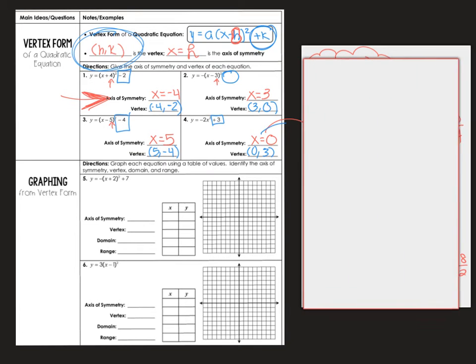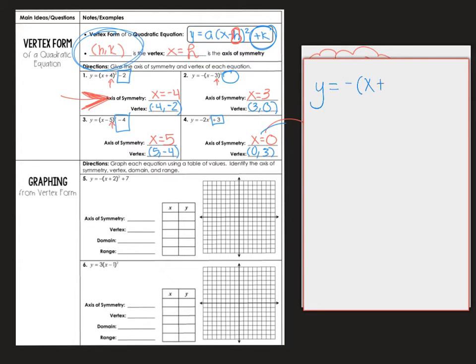All right, let's look down at the bottom. So for number 5, again, keeping in mind that you have some options, the very first thing would be to recognize what values would be your h and your k. So if we're doing this using shortcuts so that we can have a little experience with the h and k values here,